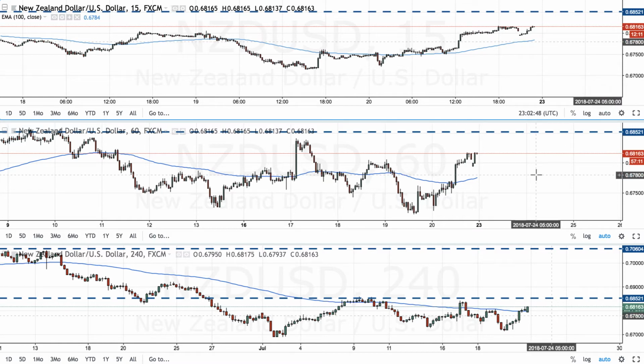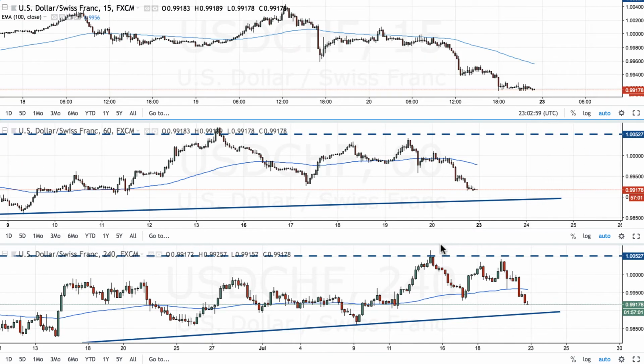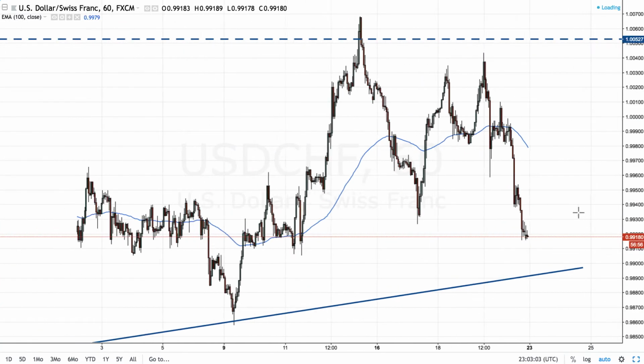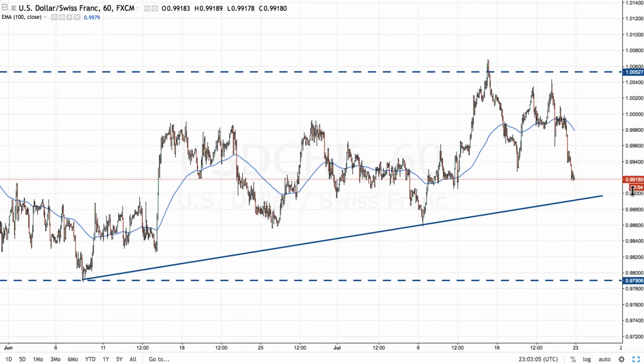We can't go chasing the market. We can't try and predict what's going to happen. We can just sort of forecast a little bit and then react when we get the necessary price action. The dollar franc is one that I'm looking at to go long, so I'm waiting for the market to pull back to this previous level of